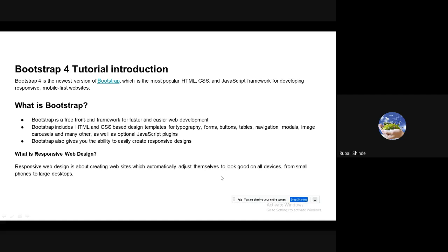Basically, Bootstrap is again useful to develop responsive web applications. Again, it is a framework which is available to us to develop the web application, and whatever web applications we develop with the help of the Bootstrap framework are responsive web applications. So just remember that Bootstrap is a framework which is readily available to us, like we are going to use w3.css. That cascading style sheet is ready-made and available to me. I just use my elements, and the style is applied to that particular element.